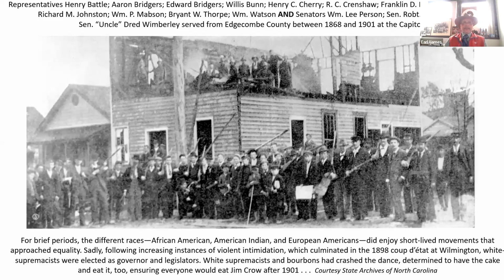So for brief periods, the different races in our state, African Americans, indigenous people, European Americans, we did enjoy short-lived moments that approached semblances of equality. Sadly, following increasing instances of violent intimidation, clan chicanery, it culminated in the only coup d'etat in American history since the American Revolution itself, between 1775 and 1783. The only revolution took place in the largest city in North Carolina